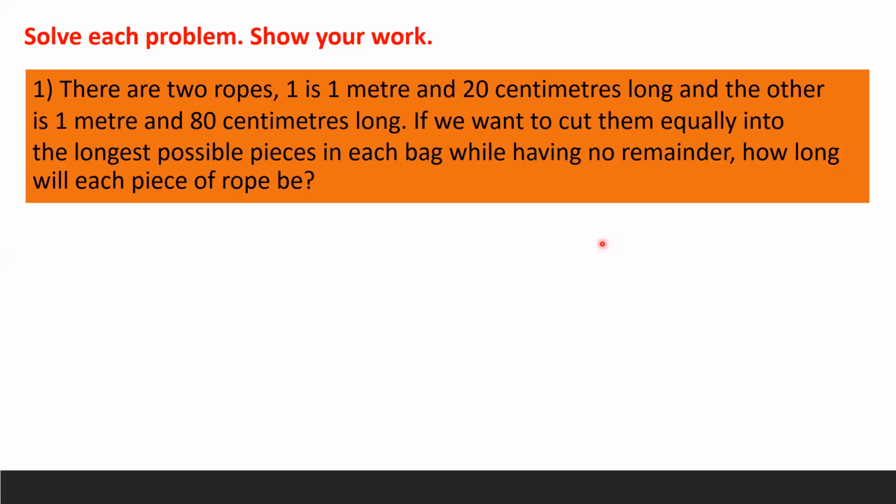Okay, let's solve this problem. There are 2 ropes. One is 1 meter and 20 centimeters long, and the other one is 1 meter and 80 centimeters long. If you want to cut them equally into the longest possible pieces while having no remainder, how long will each piece of rope be? So in this problem, you are going to find what, are you going to use HCF or LCM, and then give me the answer. HCF. Okay, if we use HCF,